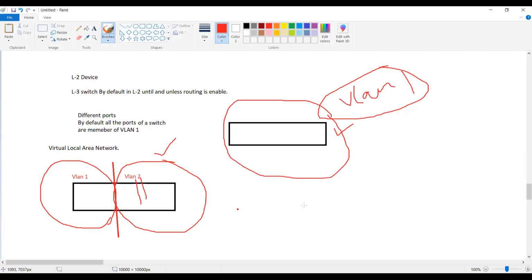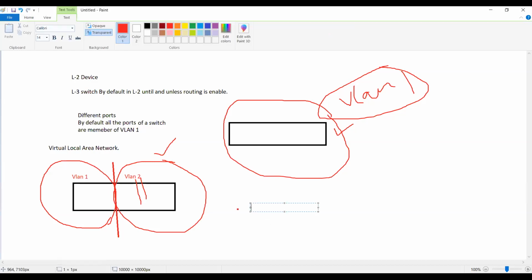Confused? Yeah, can you explain more about VLANs? Then it will be clear. Okay. So basically VLAN